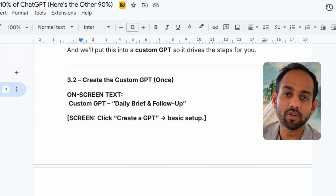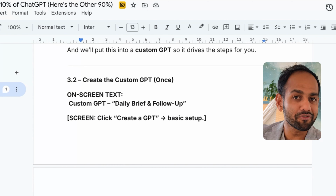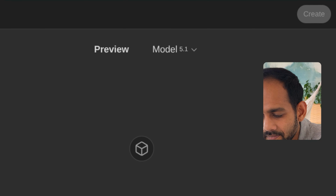We're not going to use a project. We're going to use a custom GPT. Why? Because this is a task you want done repetitively without fail. You want it to remind you, and most importantly, it's a pretty narrow task that it has to do again and again. You're going to click on create on the top right over here, and then you're going to paste in my prompt,